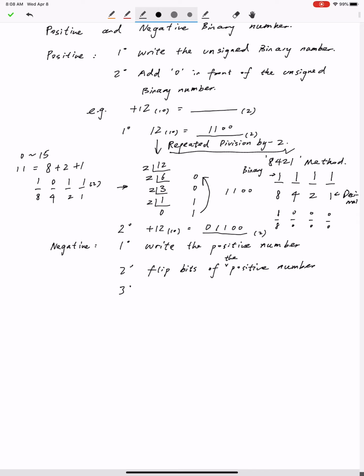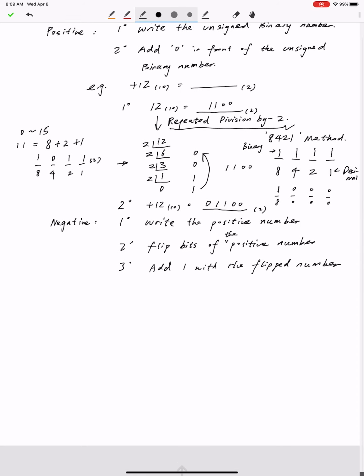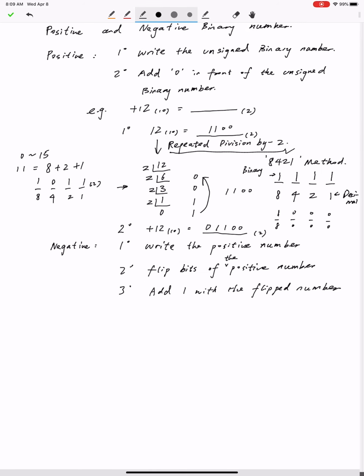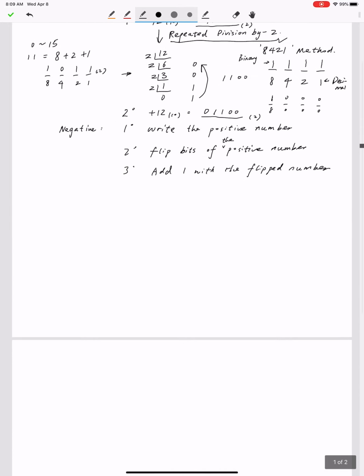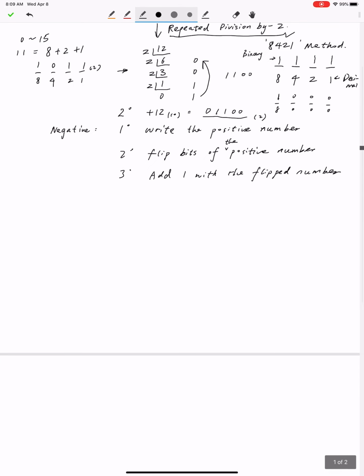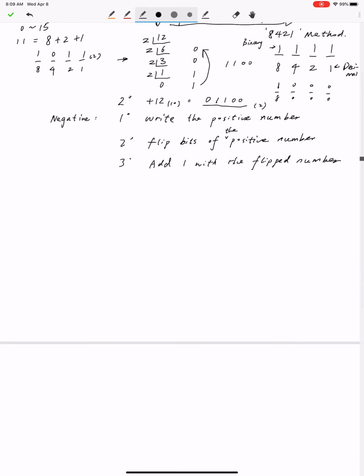And the third step is we add 1 with the flipped number, right? So I also want to use a simple example to show you guys how to operate,